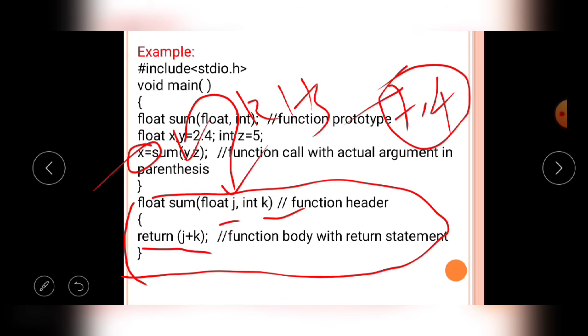So till now, in today's class we discussed the types of functions.